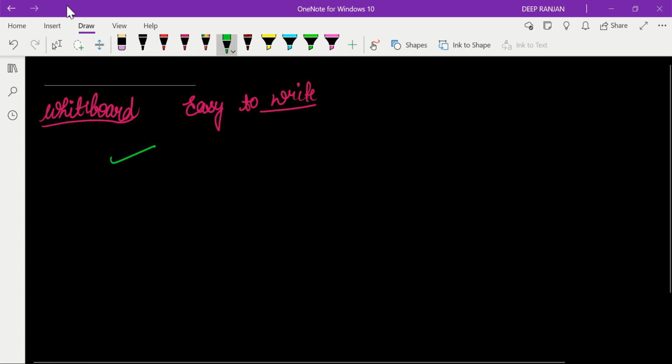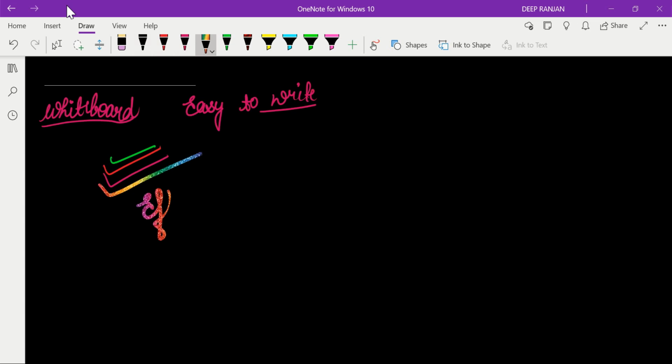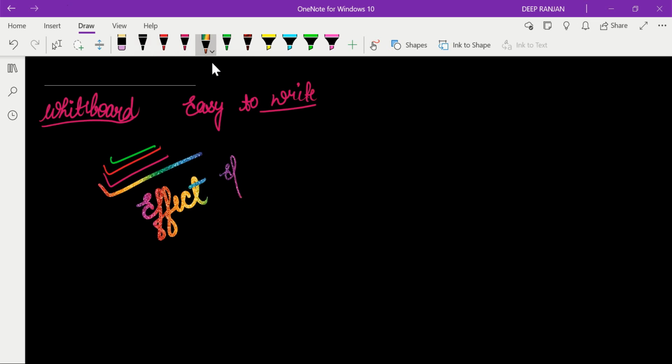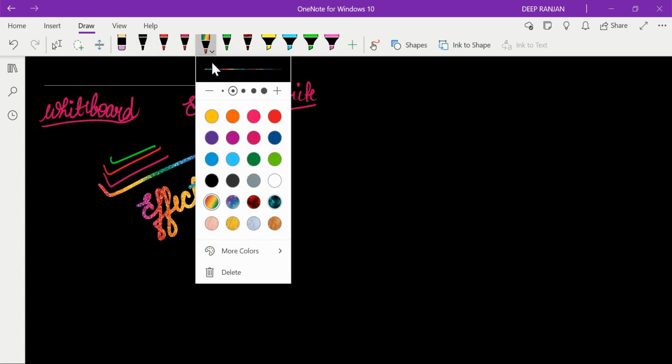Green is a good color, it is working. Red will work. The pink one will work. This is the effect color, it will also work. Effect: you can change its thickness. And there are 8 effects as in PowerPoint. And you can see a preview here of whether the color is working.